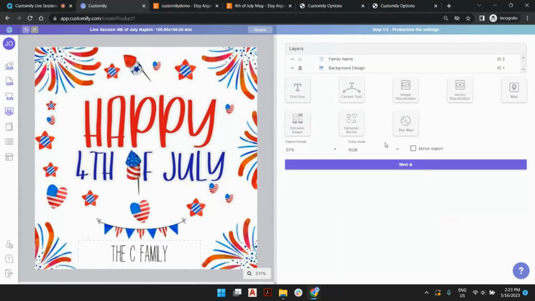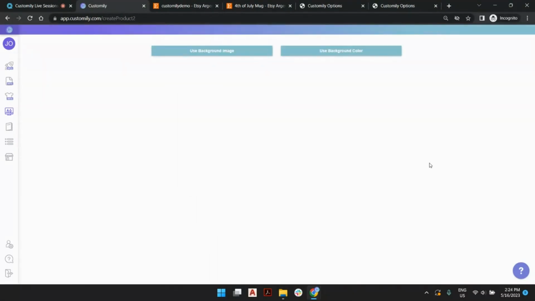And for that, we're going to click down and select the export format. This is very important because if you're going to be printing this particular file in, I don't know, 100 copies of this, you will need a particular format file. That depends on your printer, depends on your fulfillment, but Customily has a lot of file formats. We have EPS, DXF, which are vectors. These two are images. Maybe images will be just fine, or let's go with PDF and have this in vector quality. So now that we are set, we're going to click next, and we're going to design our